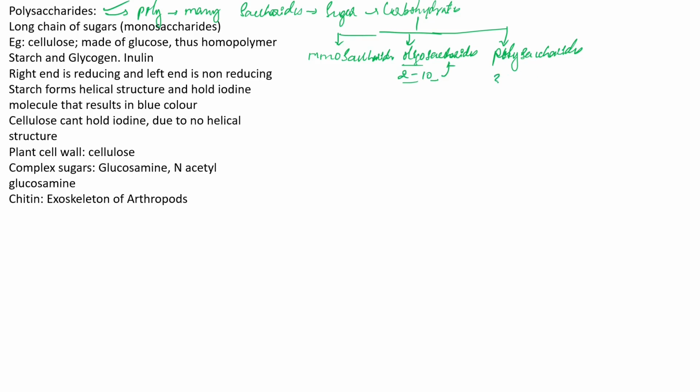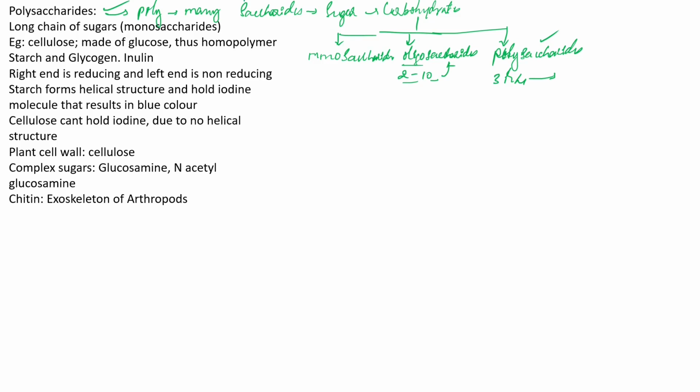And if it is more than 3 or 4, continuous, more than 3 to 4 and 10, we call them as what? The polysaccharides. So though we will not be discussing the monosaccharides and oligosaccharides, we will be mainly concentrating on polysaccharides. I just thought of mentioning the basic classification of the carbohydrates. So now,